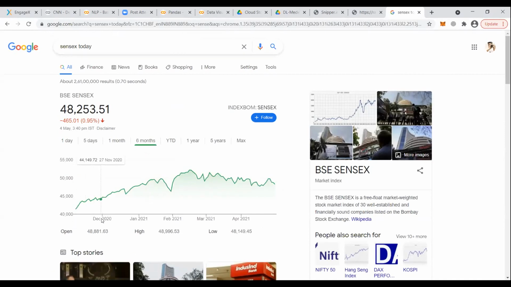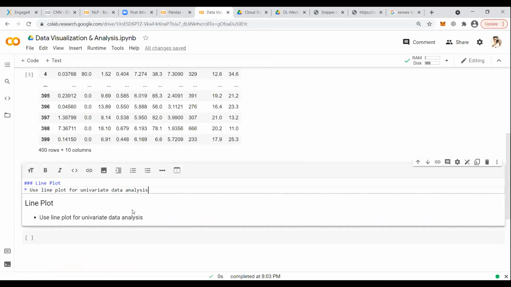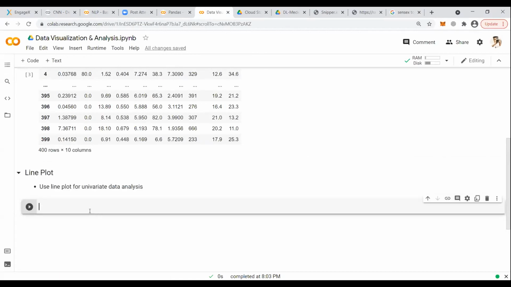This is your row index, just telling us that on the x-axis we have got date, and on the y-axis we have got the value. So it's date versus value. In this case, we will be having rows versus the value. This is called univariate analysis, single value. Uni means one, and variate means single value.